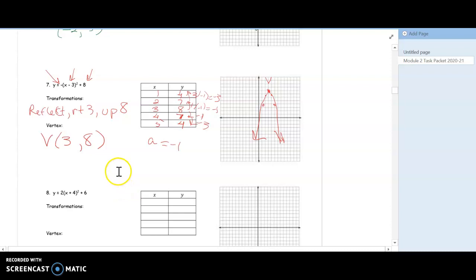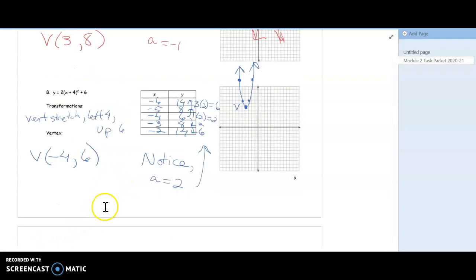Okay, so get as far as you can in the next one, and then I'll come back to you so you can check. All right, thanks for checking. We have a vertical stretch. We move to the left 4, up 6, vertex in the middle of your table. Go symmetric on each side of your x value. Notice a is equal to 2, so I take my 1 and 3, multiply them by 2, and those